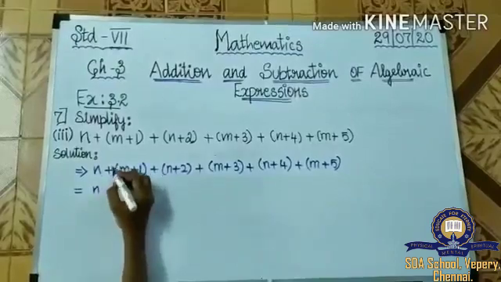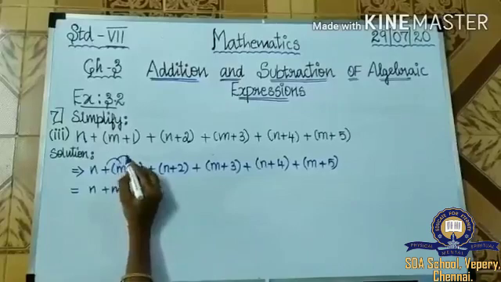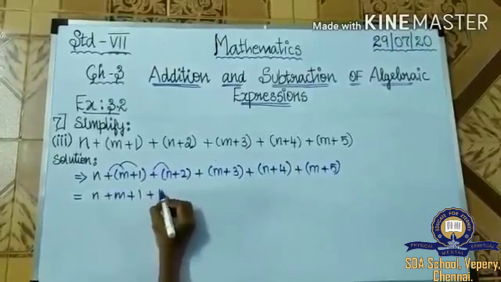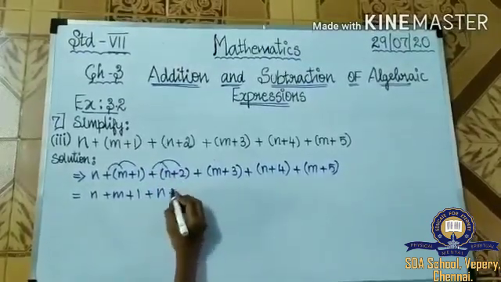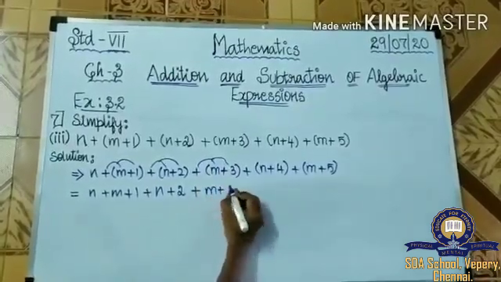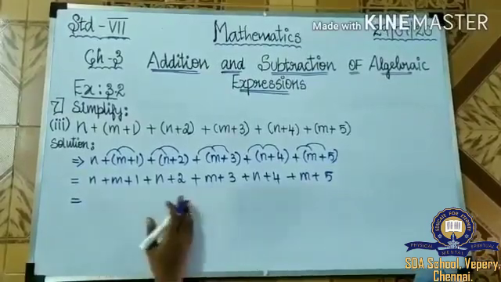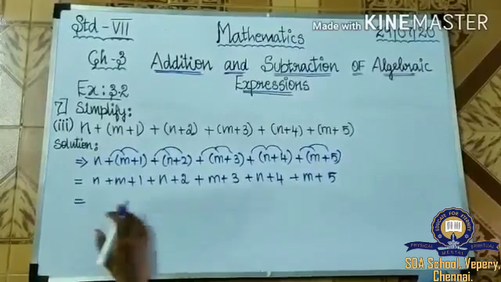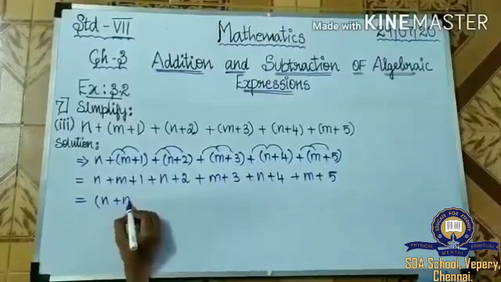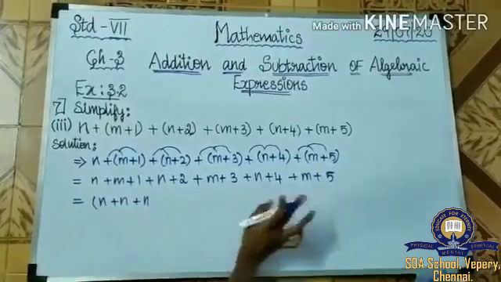Okay. n, see here plus m. So plus m, plus into plus we will get plus itself. So plus 1. Here also plus n. Plus into plus we will get plus 2. In the same way we are going to add all the things. Next we are going to separate the like terms and we will add, right? So first we will separate n terms. So n, here also we have n and then here also we have n and next that's all.